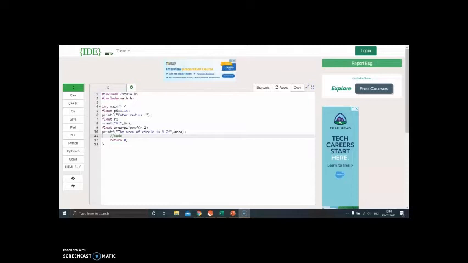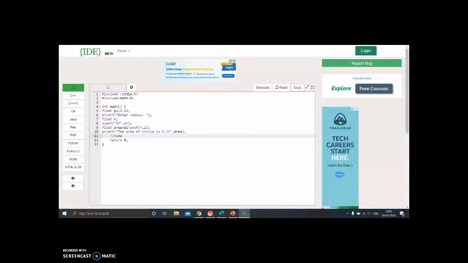We have to use powf in this, so we have to include the math.h library. Then of course int main and empty brackets, then we write float pi equal to 3.14 because we are initializing, and we know that the value of pi is approximately 3.14.